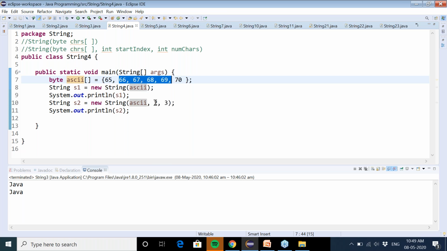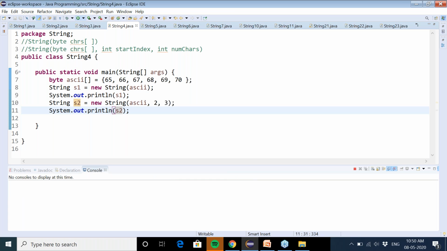But in this example I am using 2 and 3, so it will start from here and the number of characters will be 3. So you will get CDE, which will be assigned to S2, and the next line is printing S2. Let's check the result of this. We are getting A, B, C, D, E, F, and then CDE as the result of the next statement.